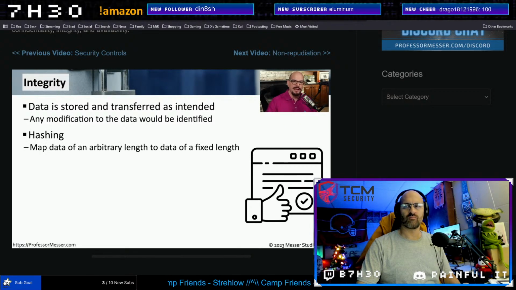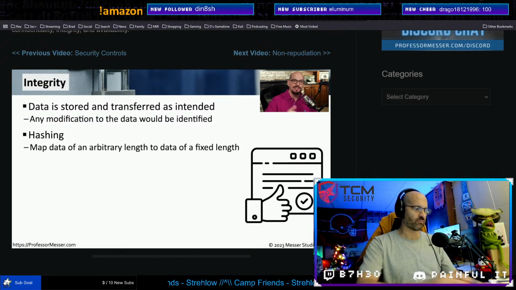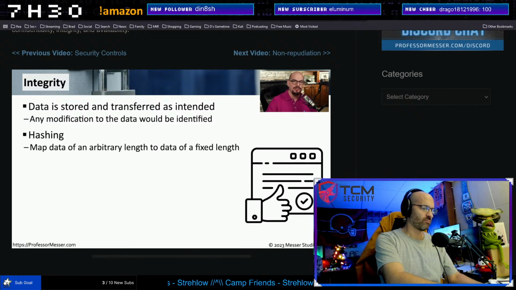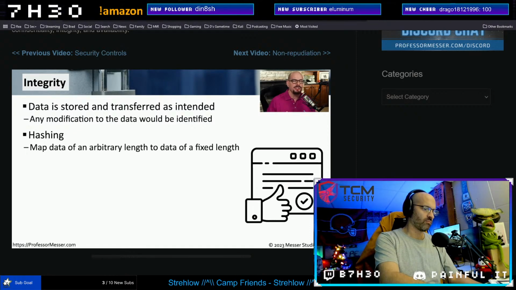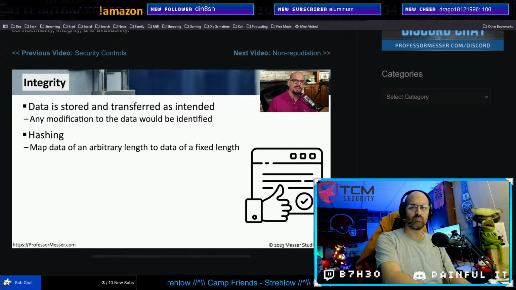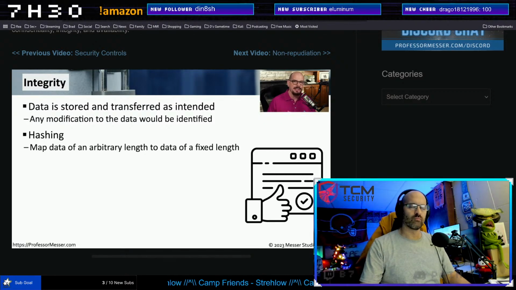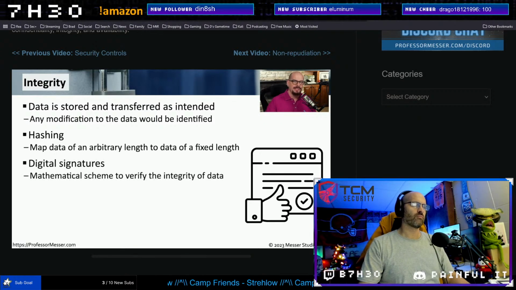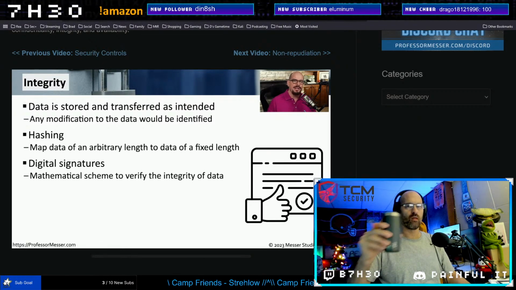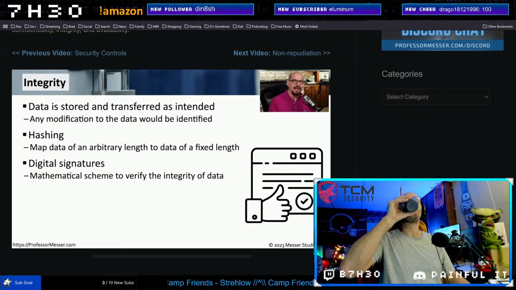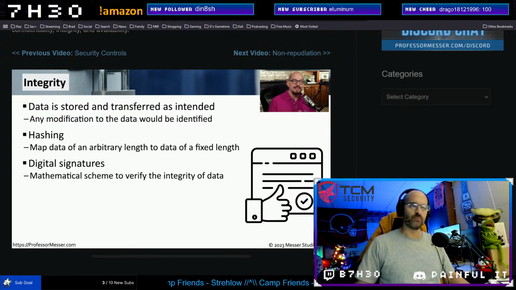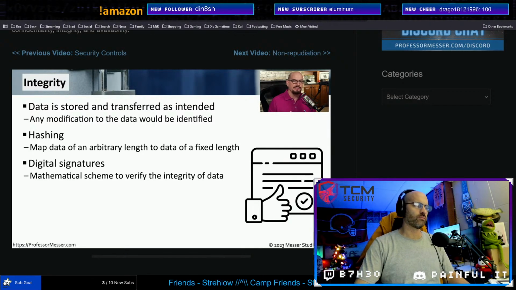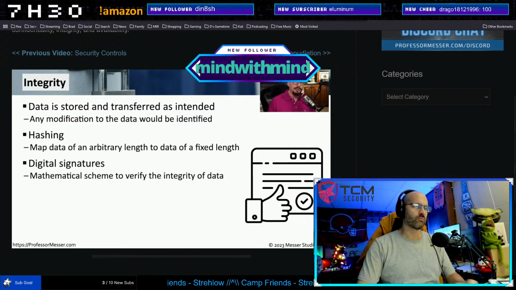The person sending the data will create a hash of the data and send you both the data and the hash at the same time. When you receive the data, you'll perform the same hashing function, and if your hash matches the sender's hash, then you know the data that you've received is exactly the same as the data that was sent. We can enhance this integrity by including a digital signature when we're sending data, which takes a hash and encrypts it with an asymmetric encryption algorithm. This means that we can check to make sure that none of the data has changed, and we can confirm the person